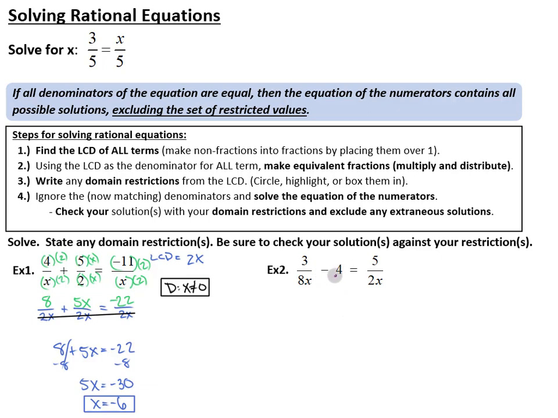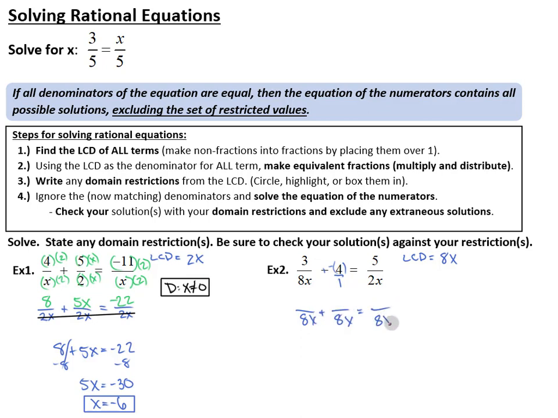Okay, so notice we have subtraction here, which I like to go ahead and change to adding the opposite. So we're going to make that a negative 4. And let's place 4 over 1 to make it a fraction. So as I look at my 3 denominators here, I know I could make them meet at 16x or even 16x squared, but that is not the least common denominator. And I want to use the least common denominator because it's going to give me the easiest equation up top to solve. So in this case, you could actually make them all meet at 8x. And if we put them all over 8x,